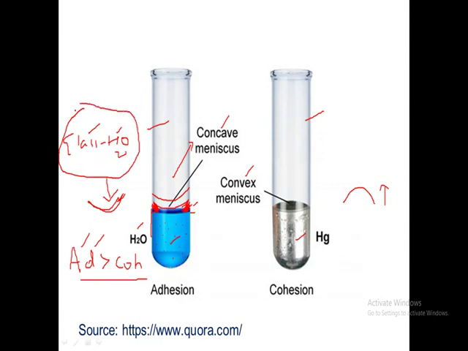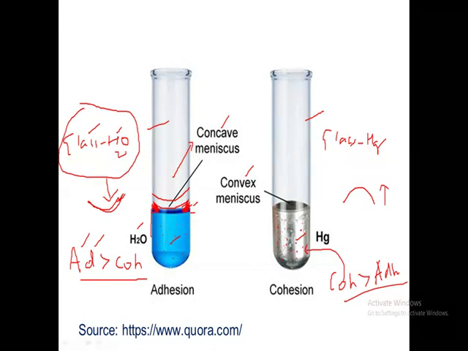Then in this case, we have the glass and the other one, which is mercury. So we have a pair of glass and mercury. When you take a pair of glass and mercury, it is found that in this pair, the so-called cohesive force is always greater than the adhesive force. The cohesive force is greater than the adhesive force. What does it mean? Where is the cohesive force? That is here. We have n number of mercury molecules here, right?